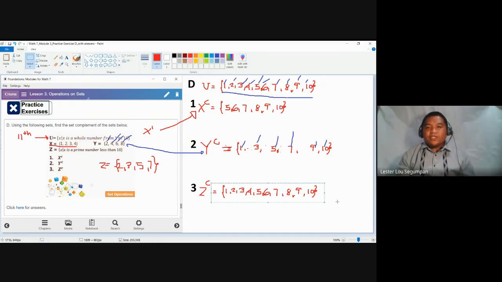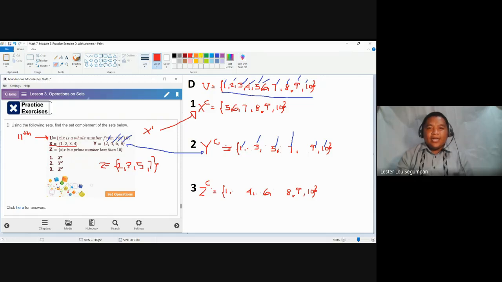So again, the universal set depends on the given situation. When you say Z complement, let us remove the elements found in Z, prime numbers less than 10: 2, 3, 5, and 7. So the elements that remain, 1, 4, 6, 8, 9, 10, are the elements of Z complement.